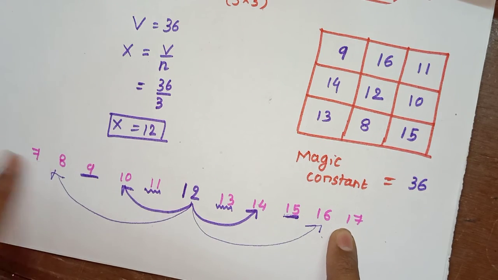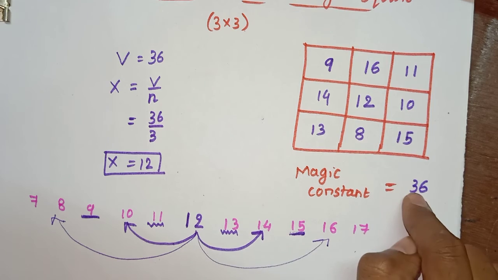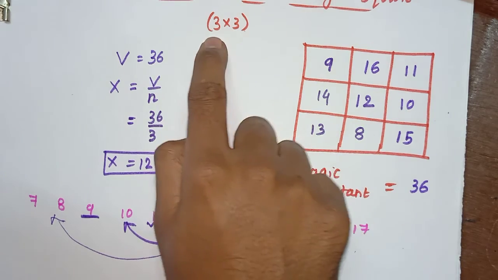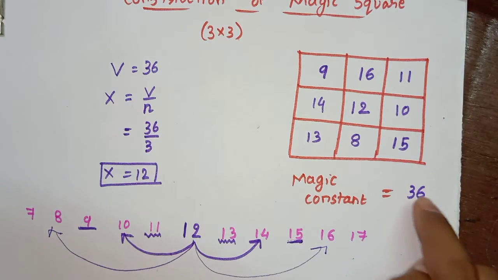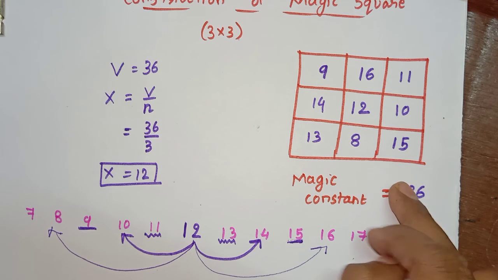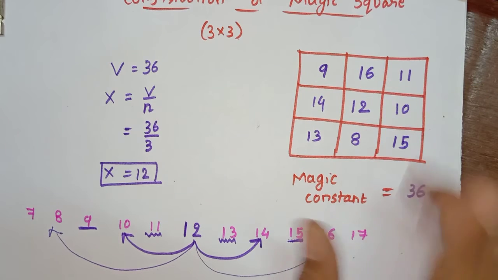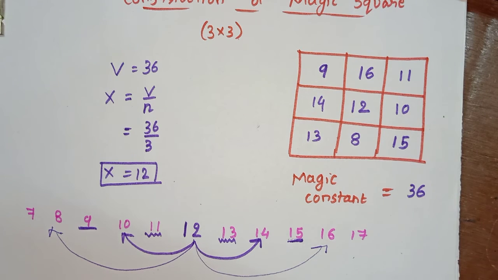You can go here down to 1 and here up to infinity, and that depends on the constant which you select. If you take a big number, let's say a multiple of 3, suppose you take 72, you get more choices. If you take a 3-digit or 4-digit number, you can see this is totally a tree. I have shown you just one leaf, and the total number of magic squares is like the tree. You can make so many magic squares. But I hope the idea of the 3 by 3 magic square is clear.